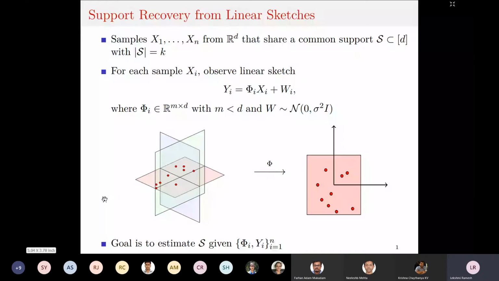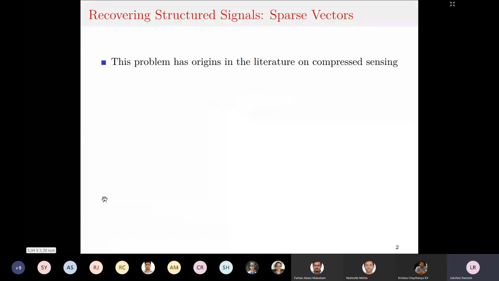Right. So I was just saying that I will come back to this problem and see how it is solved. But I'll first go into some background, as in where this problem originated and so on. In this background part, basically what I want to explain is this problem of recovering structure in high dimensional signals. And I would like to talk about 2 types of structures which have been studied over the last few years, which is that of sparsity and low rankness. So in this part, I would go over some literature on recovering sparse vectors and recovering low rank matrices.